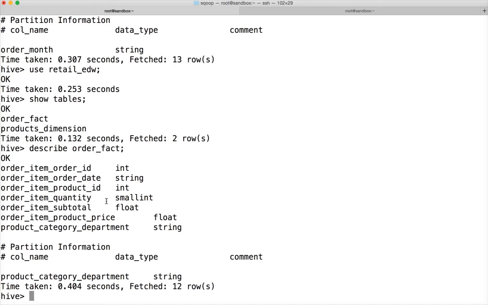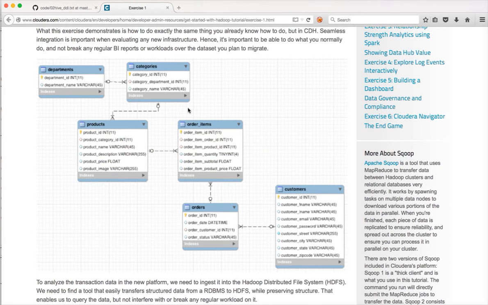Okay, so let's talk about a simple use case wherein on daily basis an executive wants to see which department is getting most of the orders from this data set. So if you go to the source data, you have 6 tables, and orders have order ID and order date. So we need for each date, so we need orders table, so that we know what all order IDs are transacted on each day. So we need to join orders with order items, so that we actually see what all order items are there in each of the order, and order items have a field called product ID, and we want to have at department level which department is getting most of the orders, and department is here,